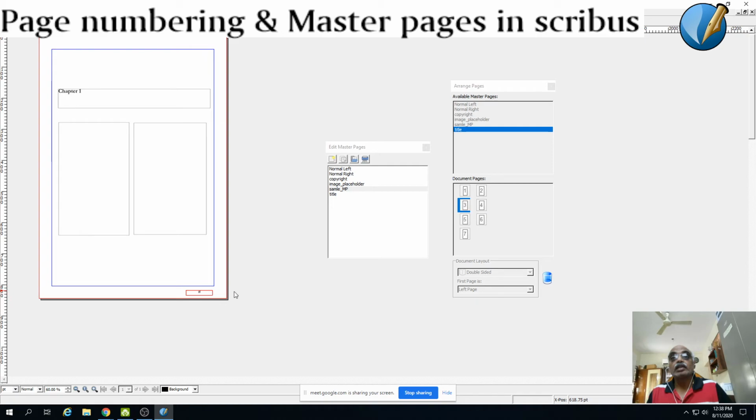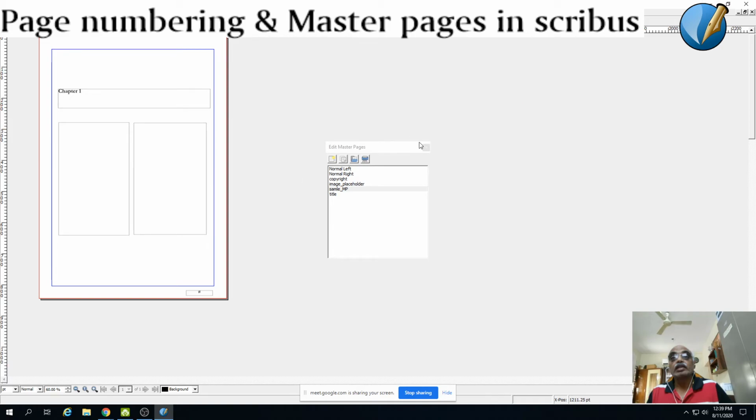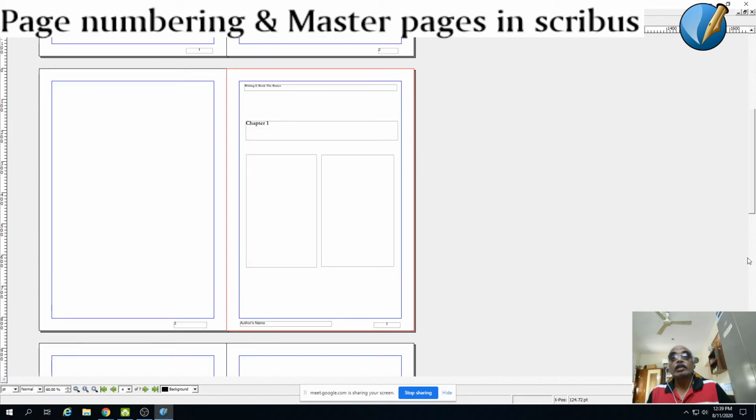It will give out a hash. That is what we want. If it gives out a hash, this hash will instruct the software to take the page number as per your design. So now you close the master page editor and go back here.